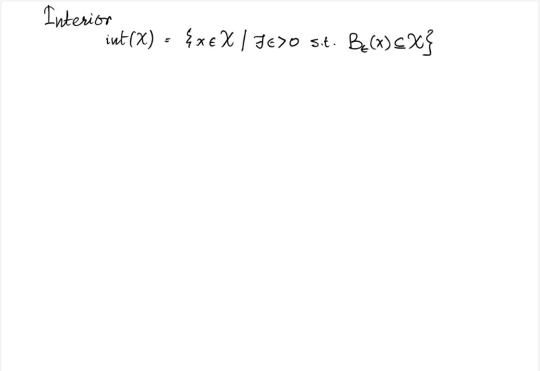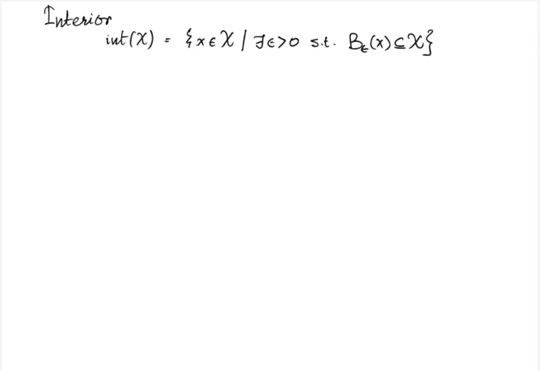Recall the definition of an open epsilon ball around point x. The interior of a set calligraphic X is defined as the set of all points x, for which there exists an epsilon such that the open epsilon ball is also contained in calligraphic X. In other words, we are trying to check if we can move a bit around x but still manage to stay inside calligraphic X. In fact, recall that this is closely related to open sets.